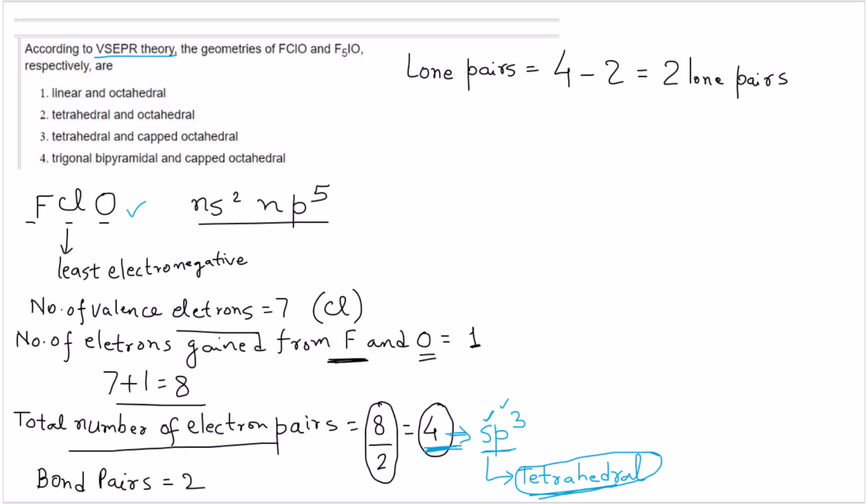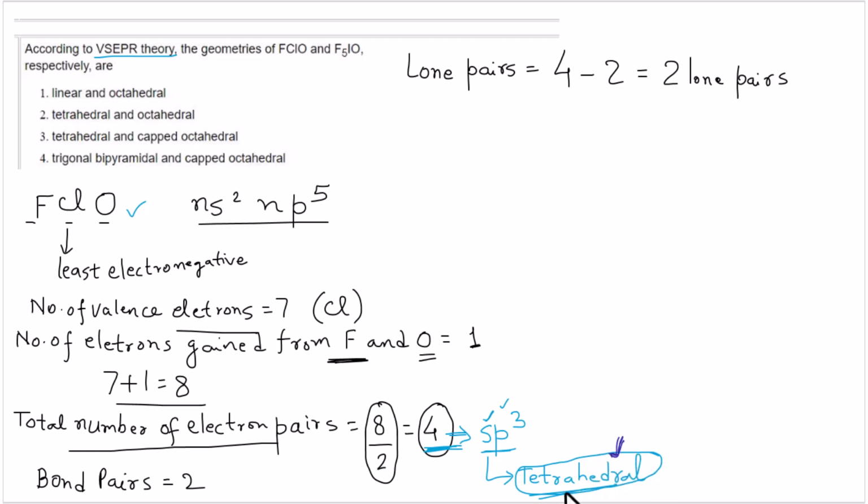And then I hope this explanation is clear and the steps are clear. And then again we apply the same principles to the next compound, that is F5IO. But before we move to the next compound, we should also remember that when in the regular geometry, there are